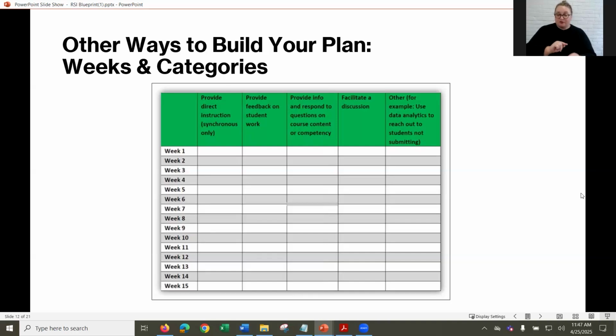So again, I'm already meeting 2 of those different methods, and I have at least 2 intentional interactions that will meet RSI. For each week that you have, you can go in, complete the table here, and create that list of interactions for yourself.